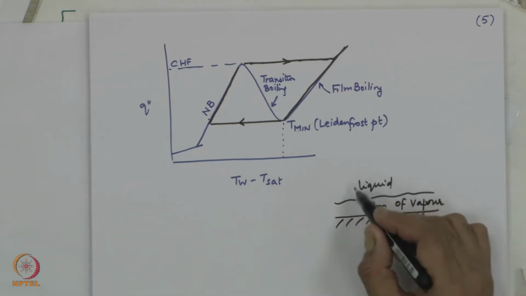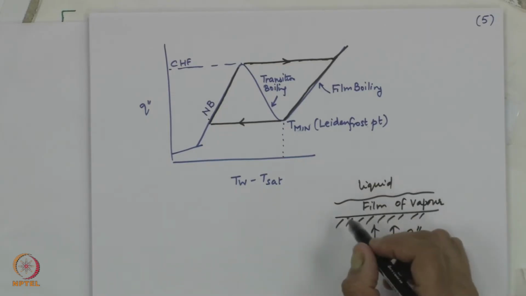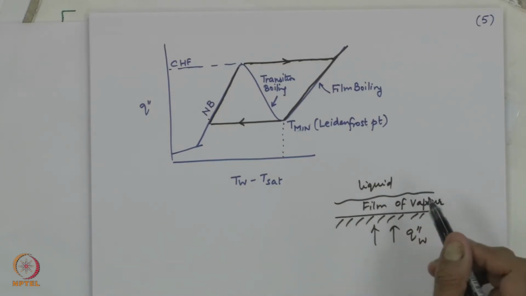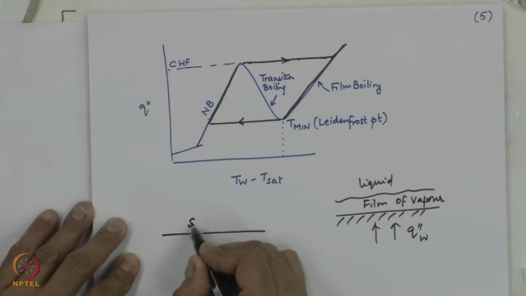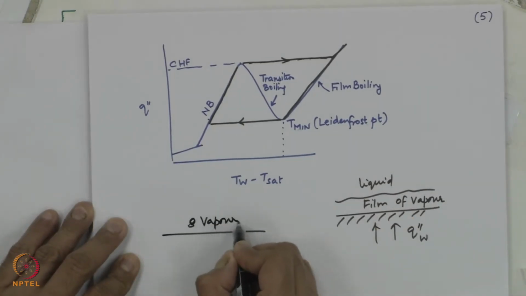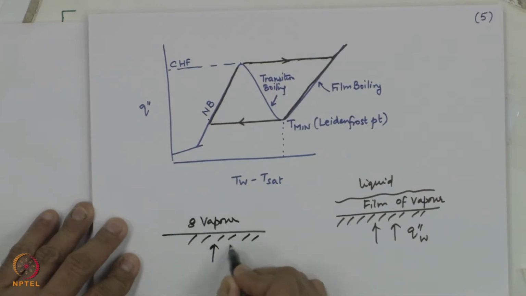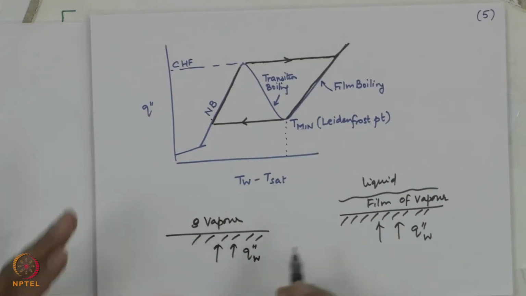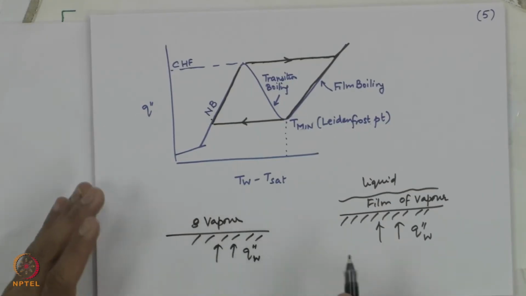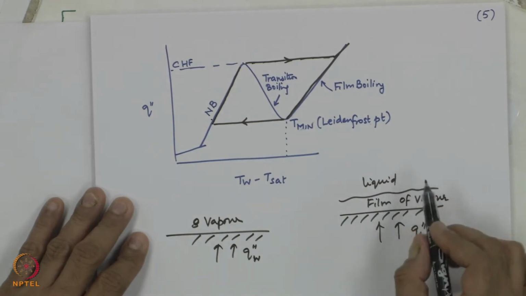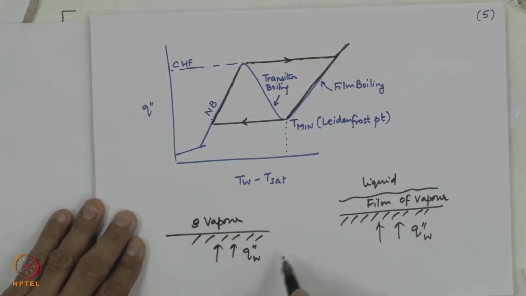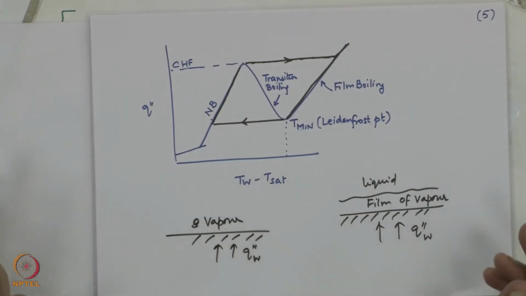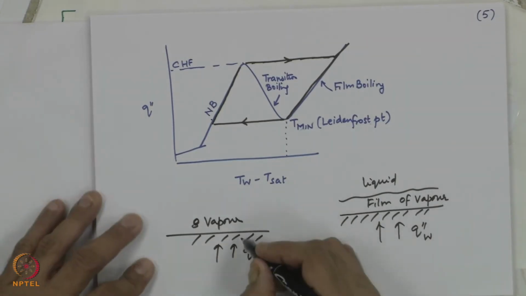When the liquid exists here, the cause is basically DNB. If there is no liquid, there is no question of any particular film, it is just vapor. So, you have the vapor of the liquid. This is the vapor phase and this is the heated surface. So, when you have gotten to CHF because of DNB, you would be in this situation. When you are in a situation of CHF because of dry out, no more liquid is there, you will be in this situation. Point being, both of them result in the same problems, that there is no sink for